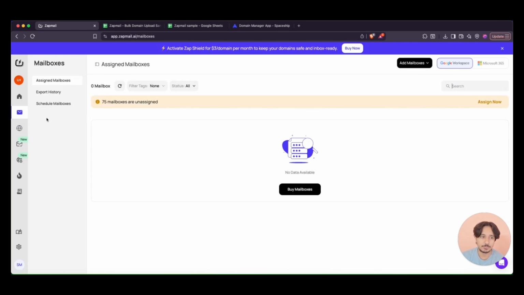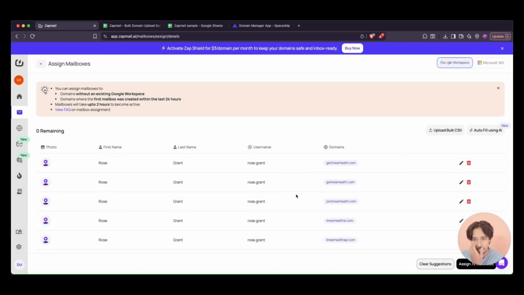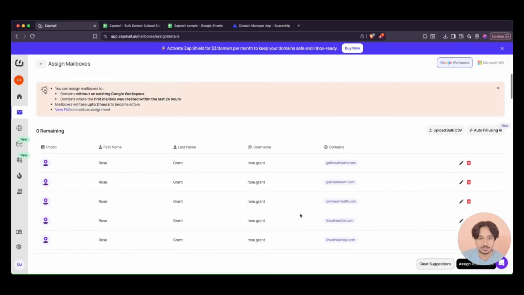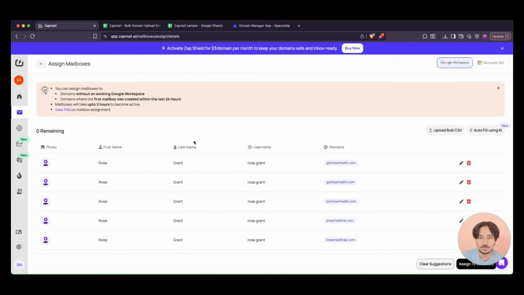You need to do the exact same thing on Microsoft as well. But just for the demonstration purpose, I'll just show you how to do this. Then click on assign mailboxes here. Since the domains are connected, now we are good to connect the mailboxes as well after the domains. So our CSV is already uploaded, as you can see. So there should be around